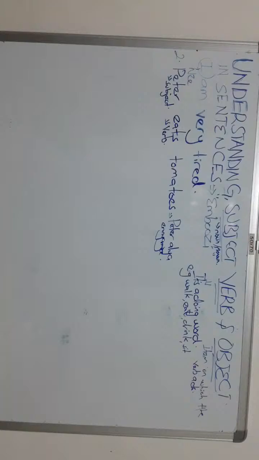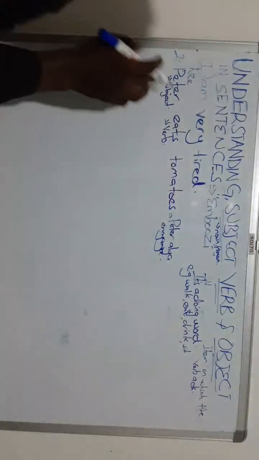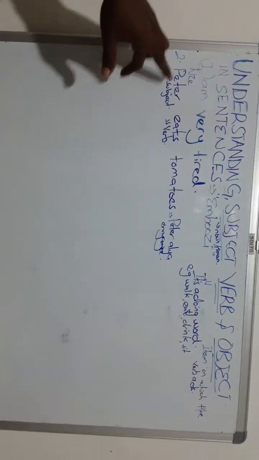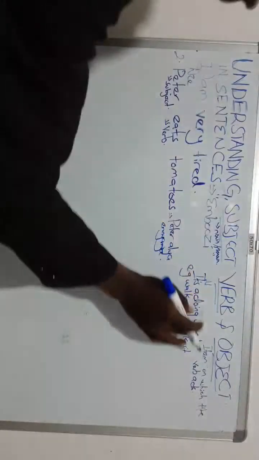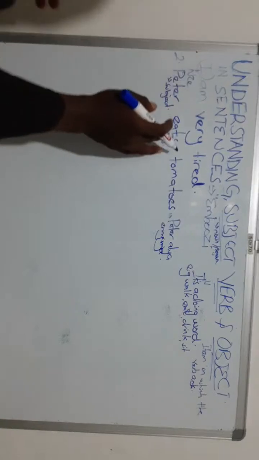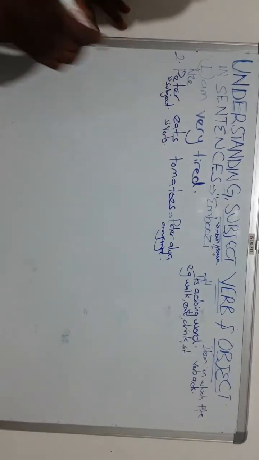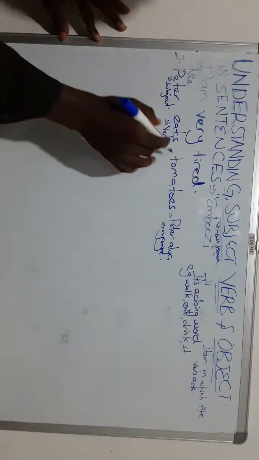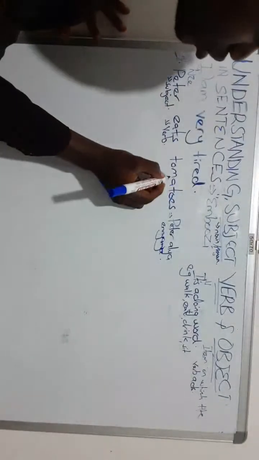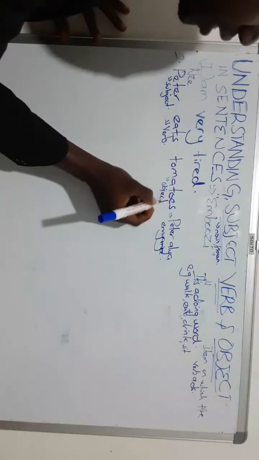Hope we are together. Once again, in this sentence, Peter eats tomatoes, we have Peter as the subject. Eats is the verb. We've said a verb is a doing word. Ekigambo ekiraga ekikolwa. For example, walk, eat, drink, sit, and many others. So, eats is going to be my verb. Hope we are together. And what does he eat? Tomatoes. So the action of eating, it happens on tomatoes, implying that my tomatoes are the object.